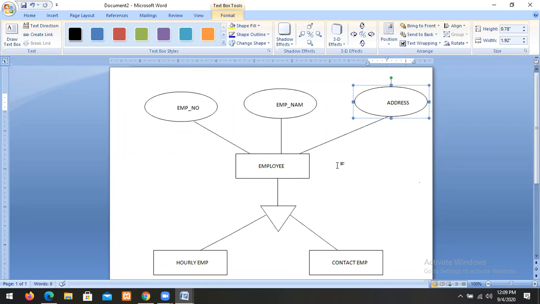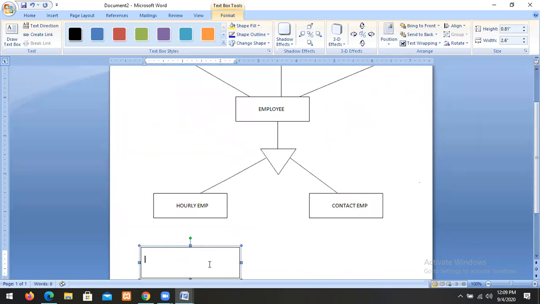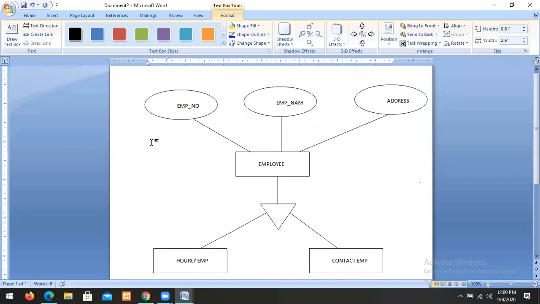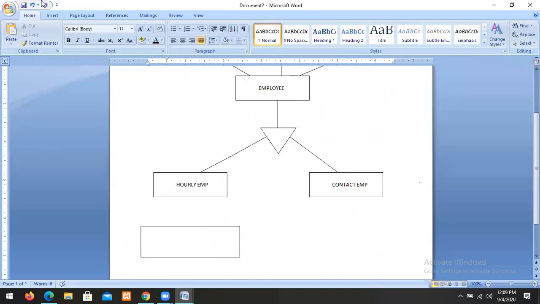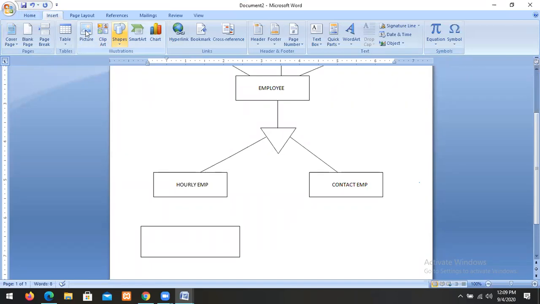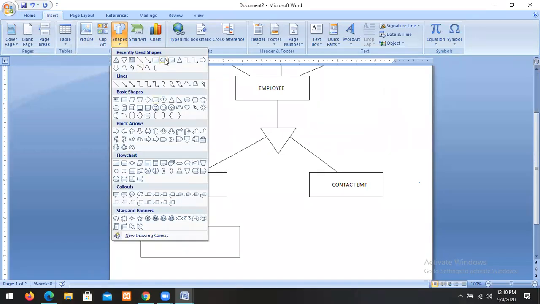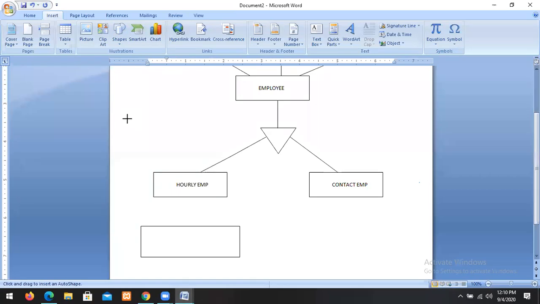So these are common for both the employees. The different attributes are number of hours,